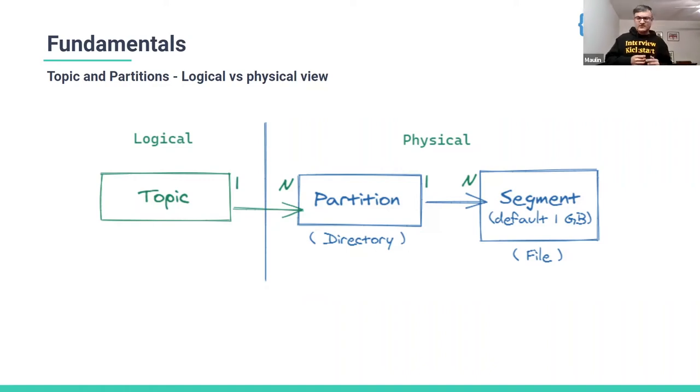And again, since these are all files and directories, they contribute to the file descriptors in the operating system. As you scale the number of partitions in the Kafka cluster to thousands of them, each one having segment files, you can imagine the requirement around the number of open file descriptors you need to maintain.